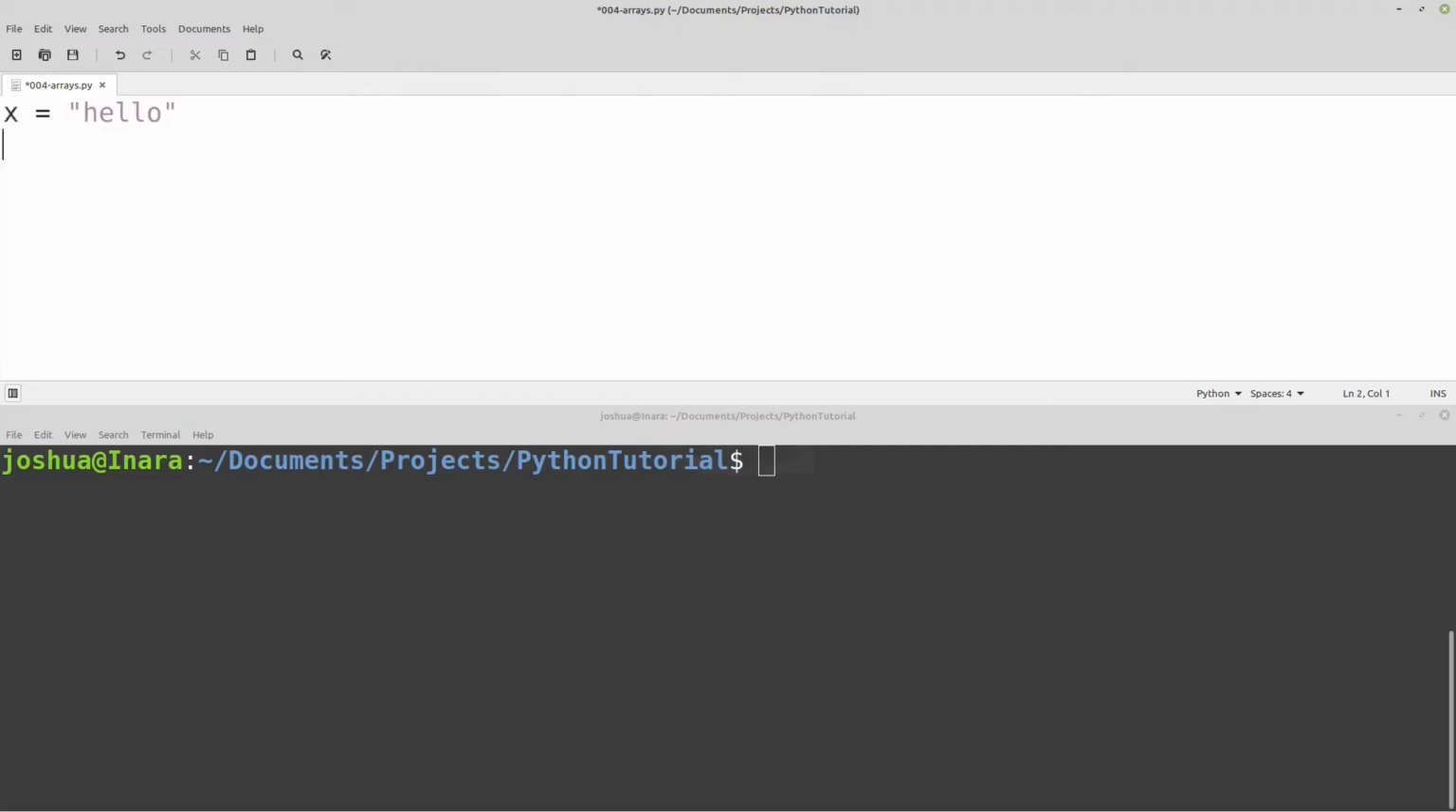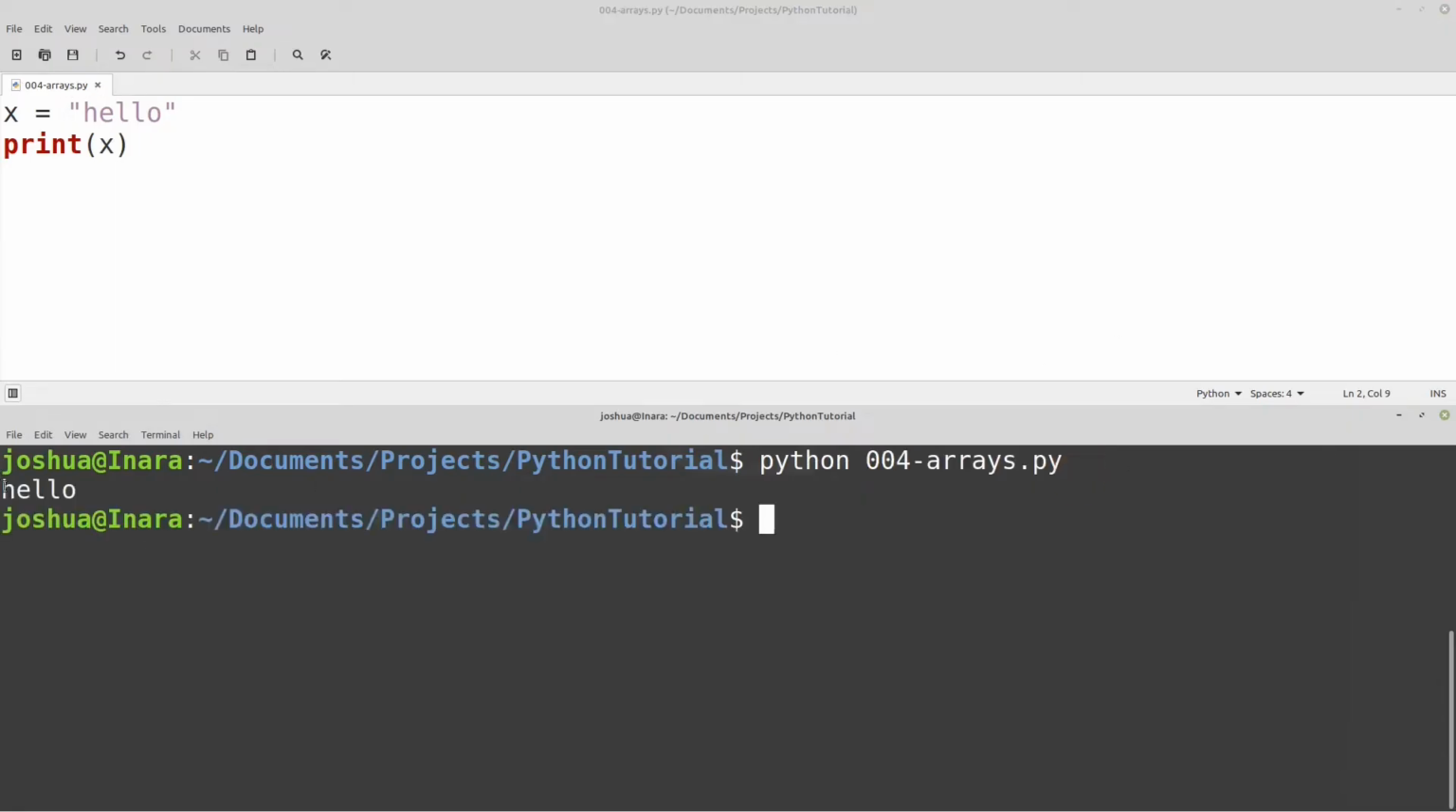So if we did something like print x, let's run our code. So I'm running Python, and then our file that we have saved here is 004 arrays.py. If I run that, then it prints hello. Now, it's not printing x, it's printing the contents that are saved inside x, okay? So we've already talked about